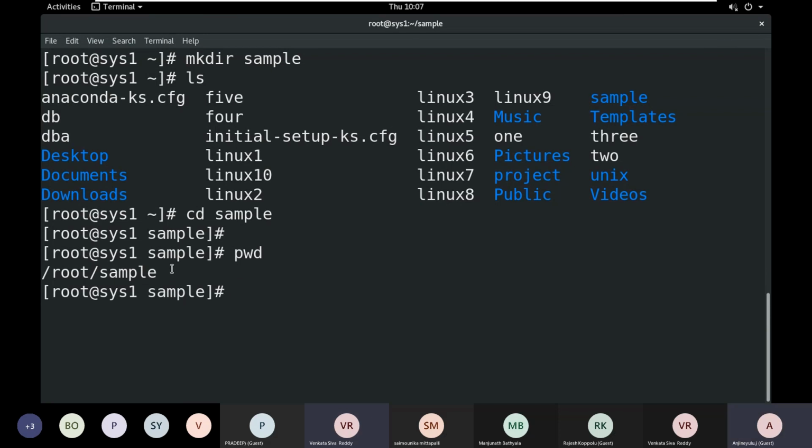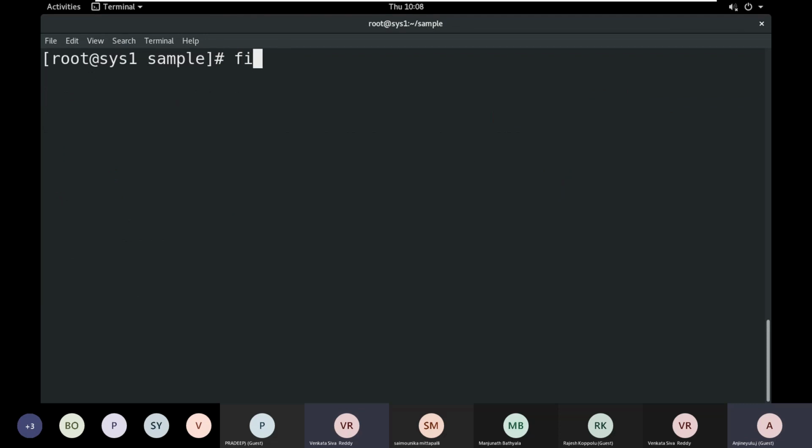In the directory, I am creating some empty files by using the touch command. By using the touch command, we can create multiple empty files, or 0-byte files.